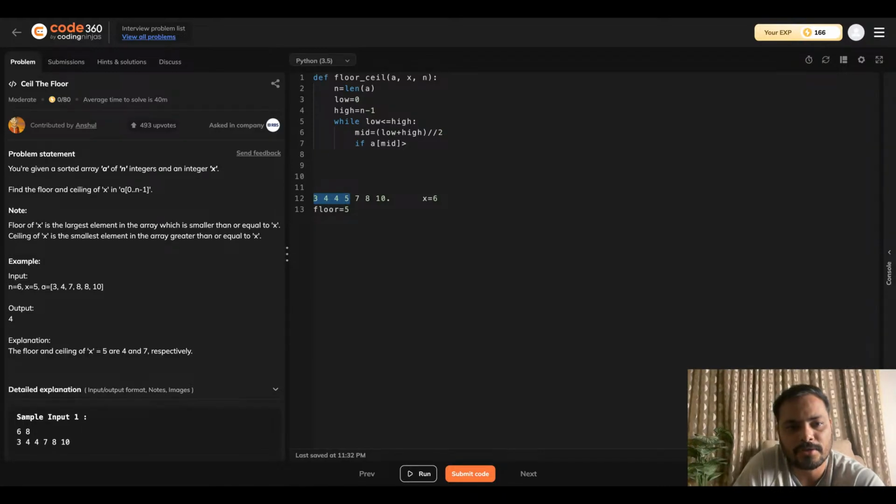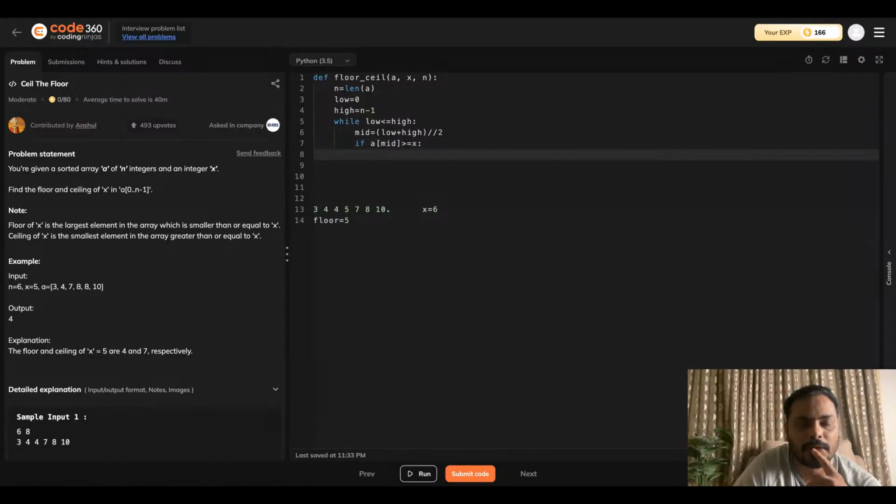I'm trying to find the lower bound, so it should be greater than or equal to my x. If a of mid is greater than or equal to x, then what I'll do,